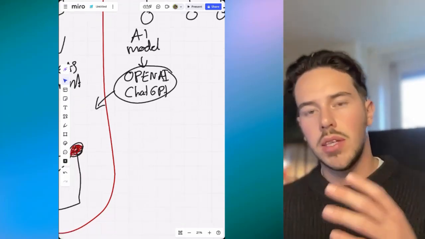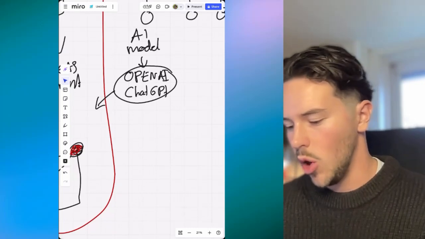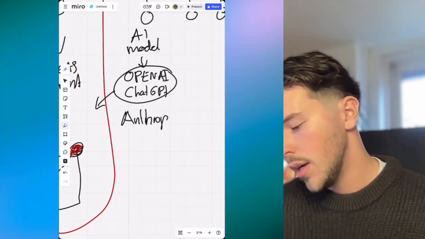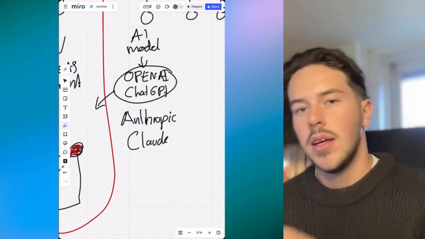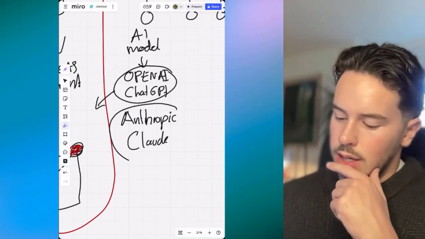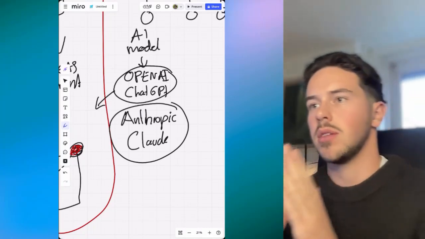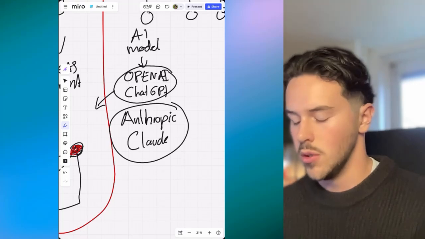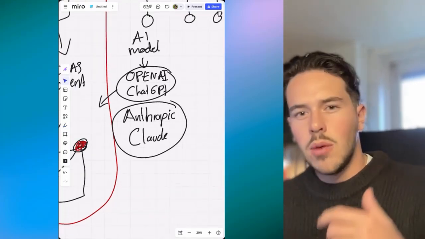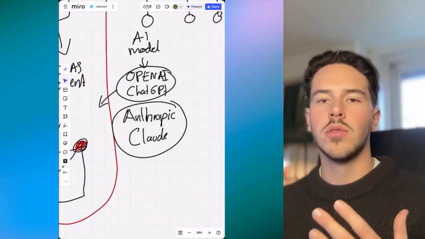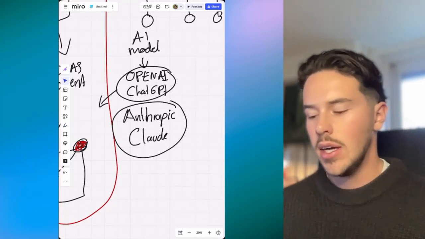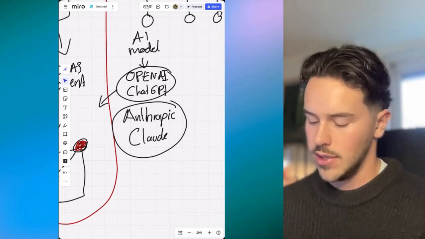Between companies, there are also different models. So we have OpenAI, but we also have Anthropic, and you might know it as Claude. And why I tell you there are different models is because models and companies focus on different aspects of what models do. So OpenAI, I would say, is a more all-round tool. Everybody likes it. It's super accessible. It's nice, not expensive. It can do all kinds of things.